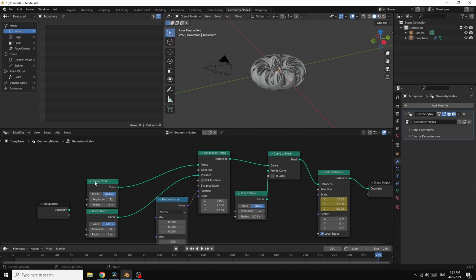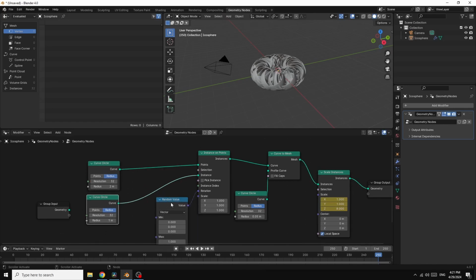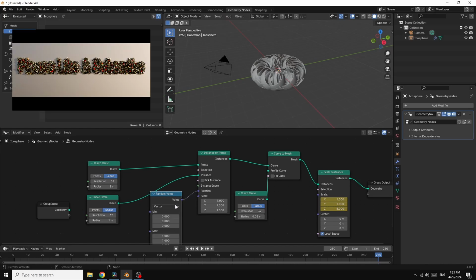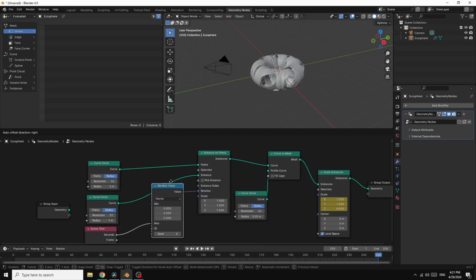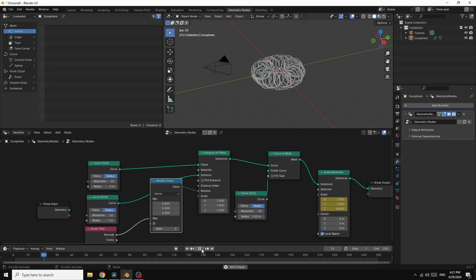Now we want to animate this random value. I go here in add, in input, in scene, we select scene time. I connect the seconds to max value. Now if I play, we have this animation. Okay, now